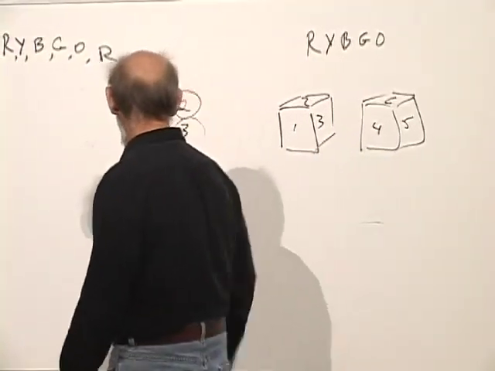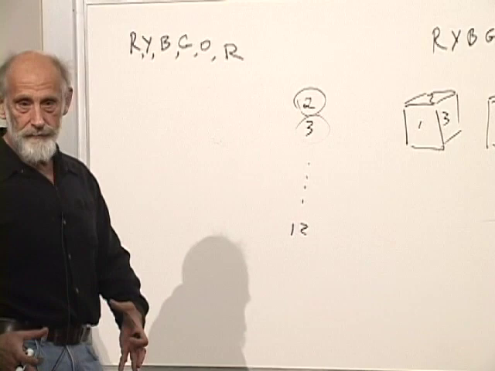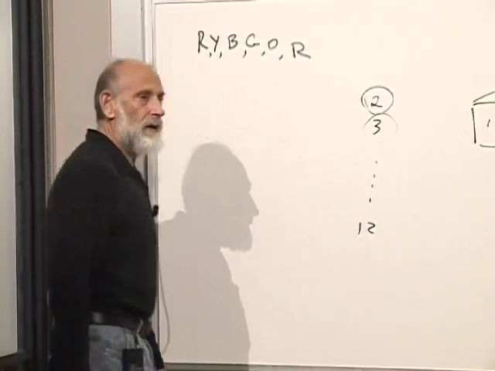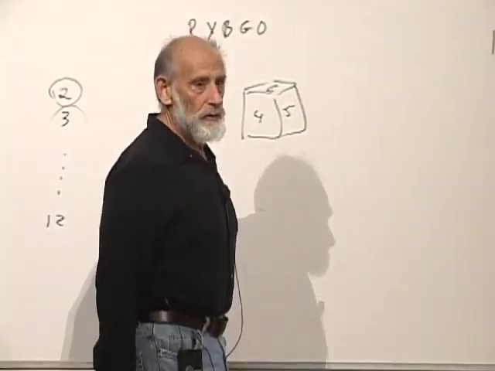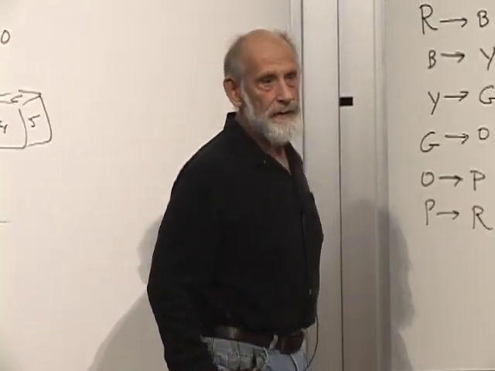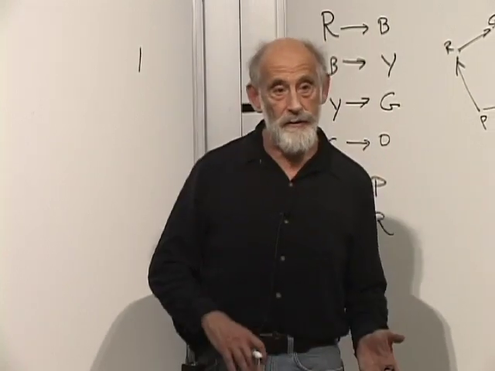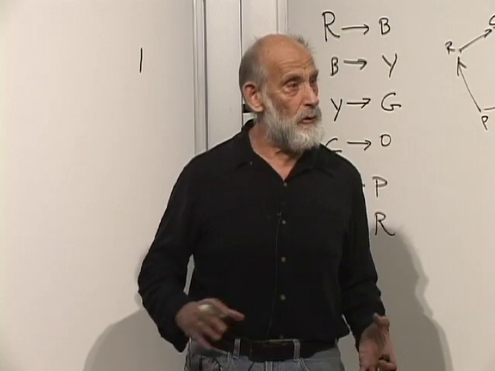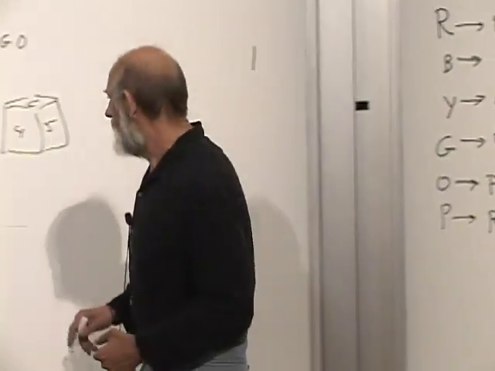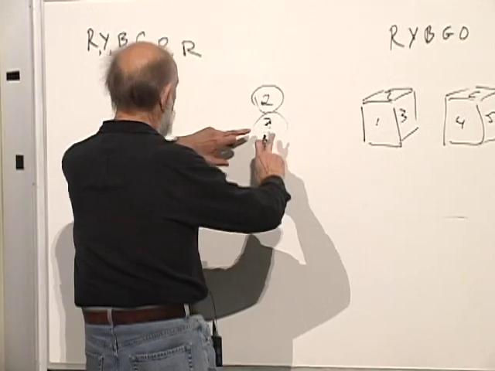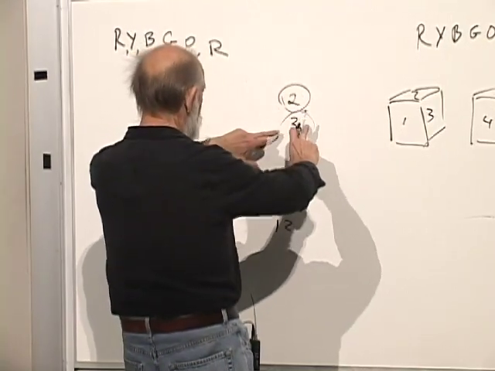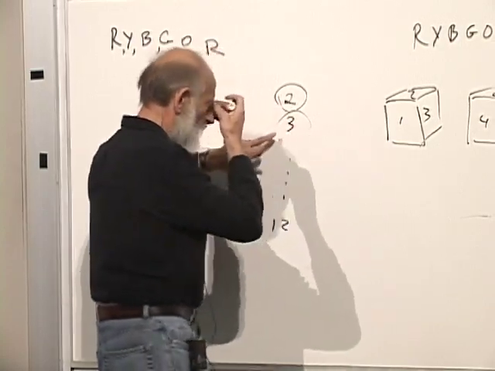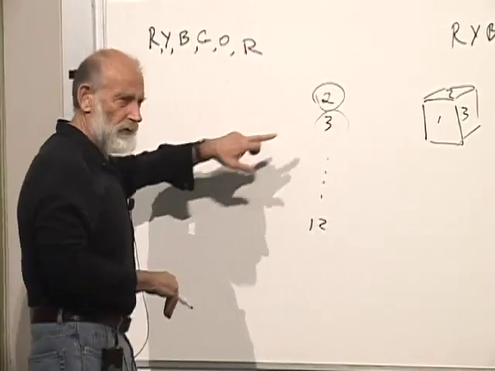How many possibilities are there for the motion within the 3 cycle? What are they? Let's see. 1, 2 goes to 1, 2, or 1, 2 goes to 2, 1. Both of them are possible. Oh, sorry, that was the 2 cycle. There are 2 states of the 3 cycle.